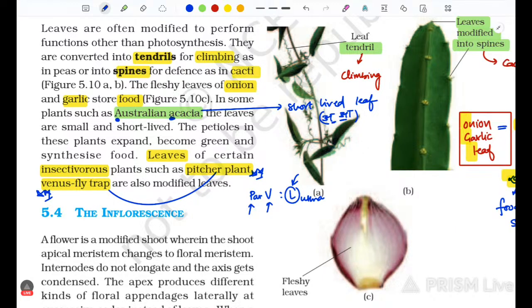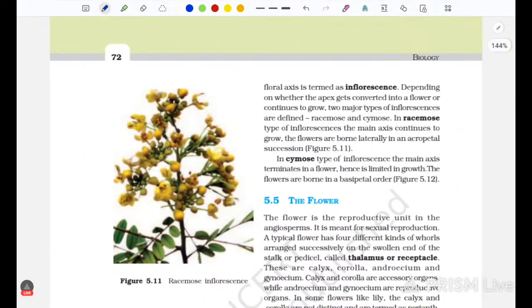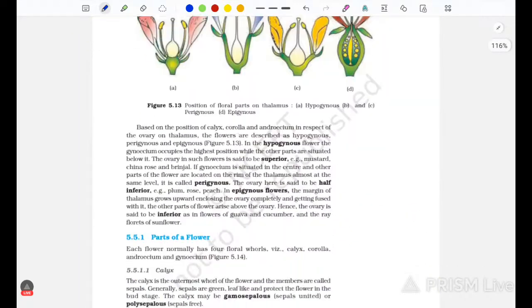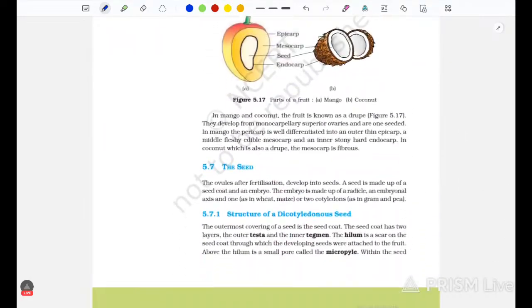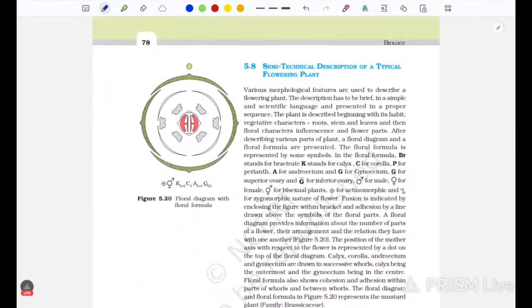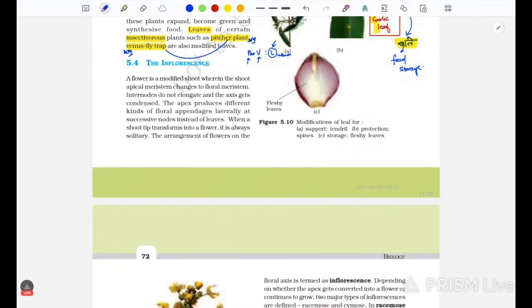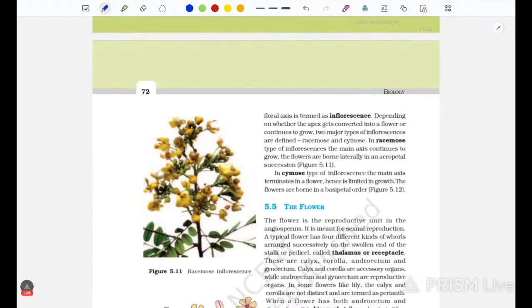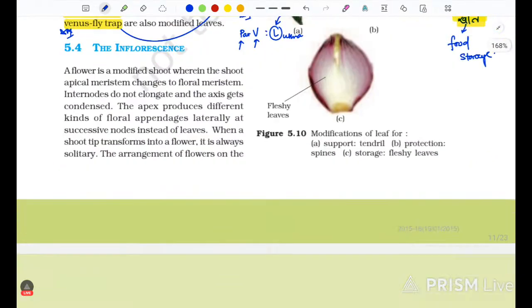ओके, क्लियर। चलिए, अब हम थोड़ा सा इन्फ्लोरेसेंस के लिए एक बार बात कर लेते हैं इस आज के लेक्चर में, क्योंकि इन्फ्लोरेसेंस हमने ख़त्म कर लिया तो हमारा फ्लावर का पार्ट बचेगा। उसके बाद फ्लावर के बाद हम लोग फ्रूट पढ़ेंगे, थोड़ा सा सीड पढ़ेंगे, और उसके बाद में 5 फ्लोरल फैमिलीज़ करके हमारा चैप्टर ख़त्म हो जाएगा। मेरी कोशिश रहेगी कि कल दोपहर का एक सेशन लेके इसको फिनिश कर दूंगा। चलिए, अब हम बात कर लेते हैं इन्फ्लोरेसेंस के बारे में।